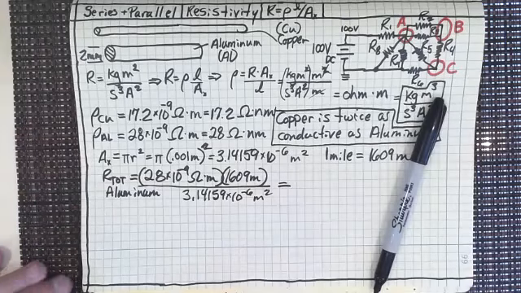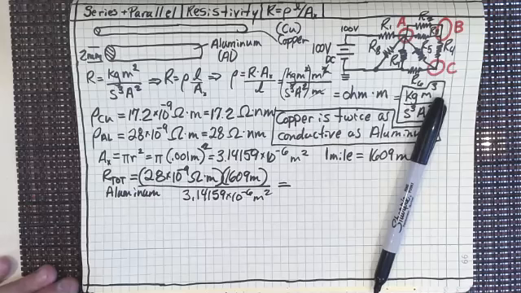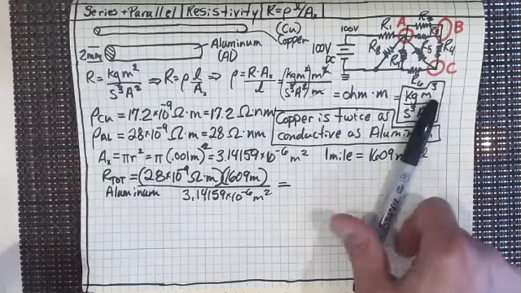And that's going to give us, well, I'll pop it in here, 28 times 10 to the minus 9 times 1609 divided by 3.14159 to the minus 6 equals